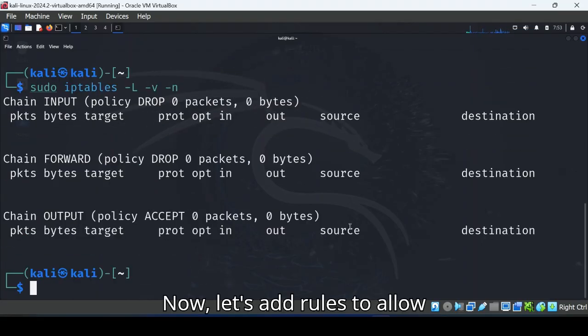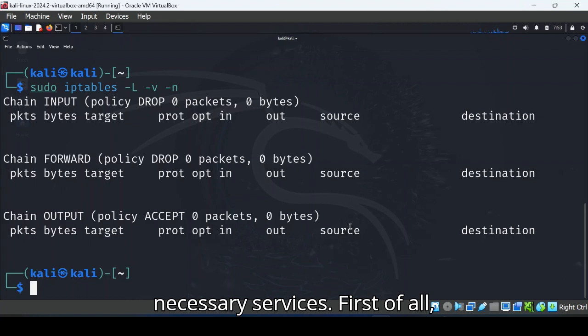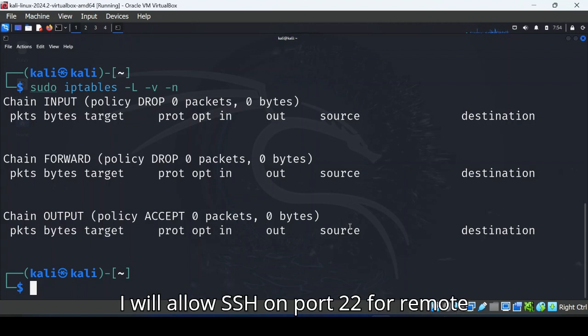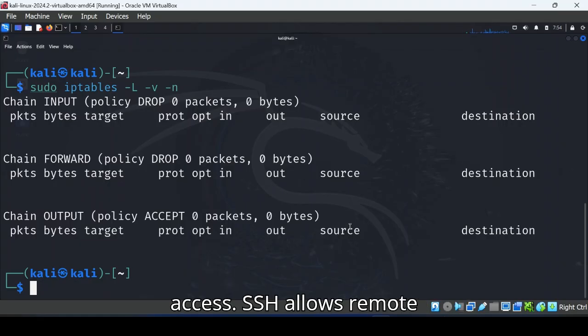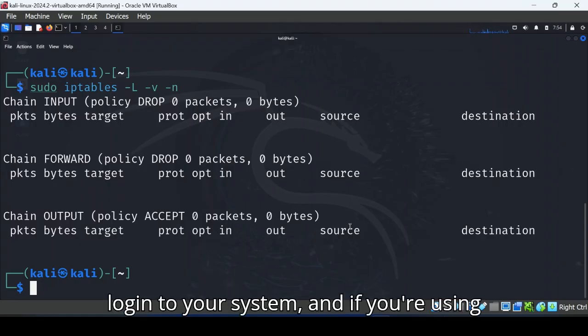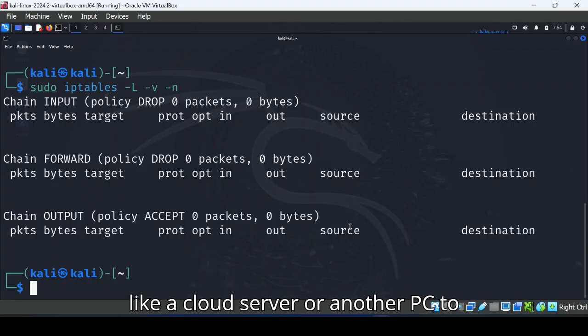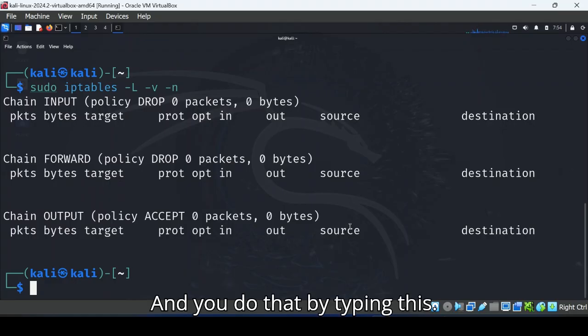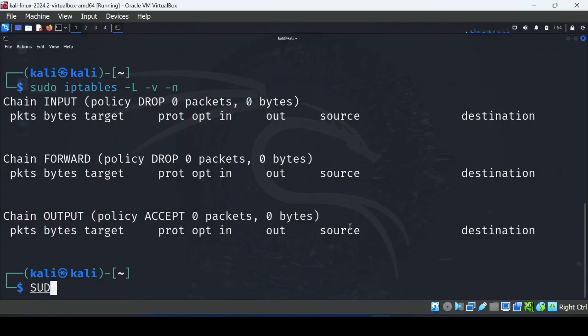Now let's add rules to allow necessary services. First of all, I will allow SSH on port 22 for remote access. SSH allows remote login to your system, and if you're using a cloud server or another PC to connect, you must allow SSH first. And you do that by typing this, sudo